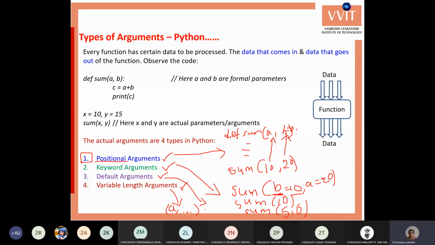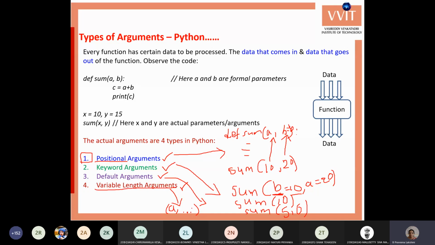That is, one value is compulsory for the function, and beyond that you can pass any number of values. It doesn't restrict your function to a limited number of values. You can find the 2 number sum, the 10 number sum, the 100 number sum. You can pass any number of values to the function. That we will call variable length arguments.